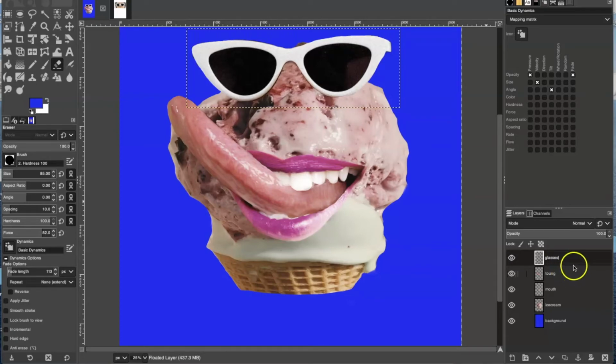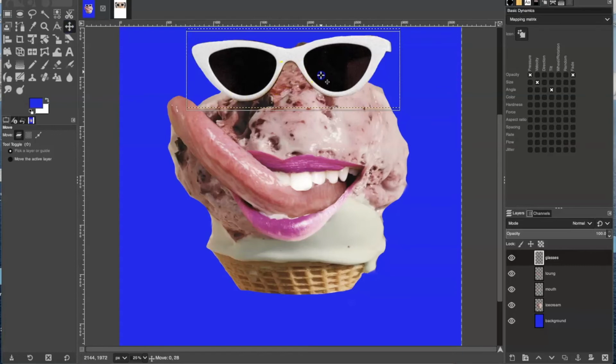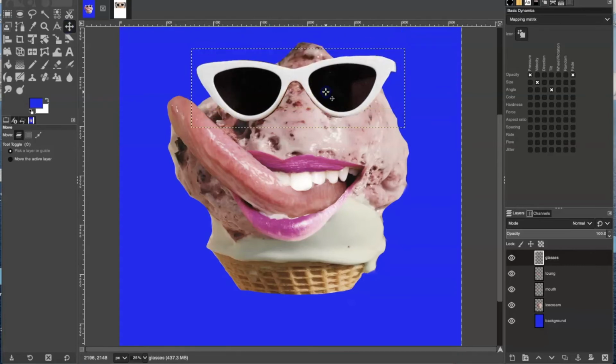It still had the name floating layer. So after you made the floating layer and you've actually made it a real layer, GIMP doesn't automatically name it. You're going to have to come in and name it. So I'm sure you've already figured that out. So now I'm going to use my move tool, and I'm going to move my glasses to,